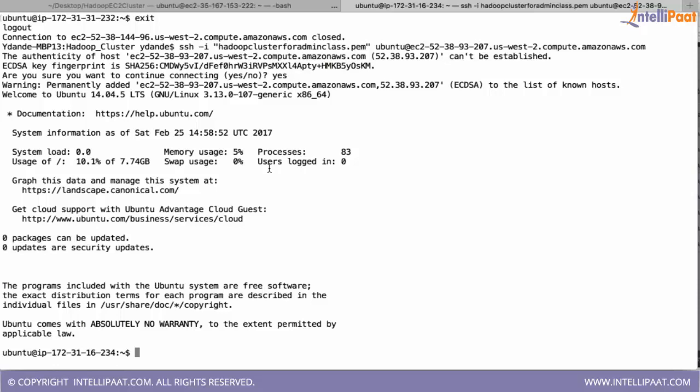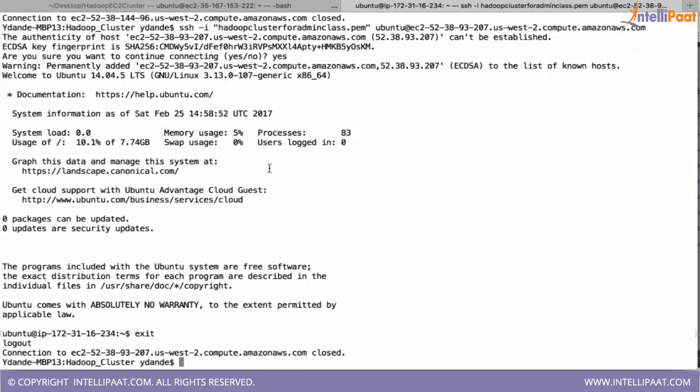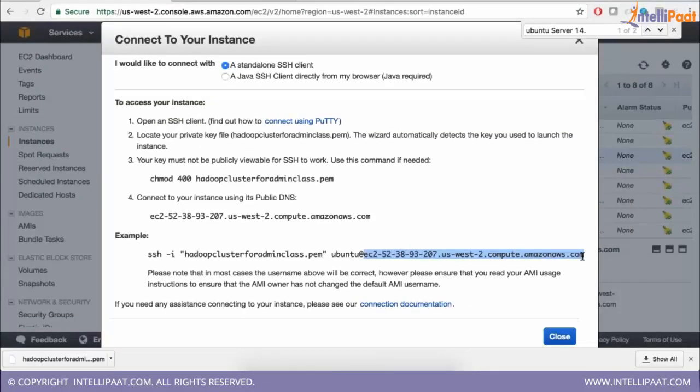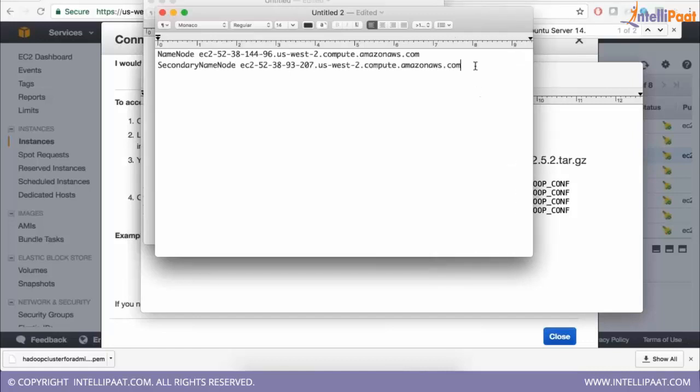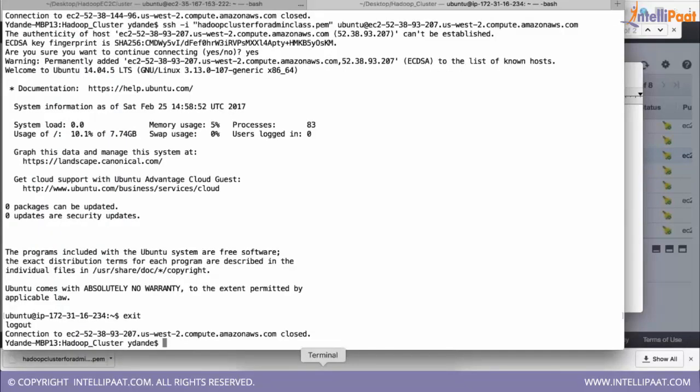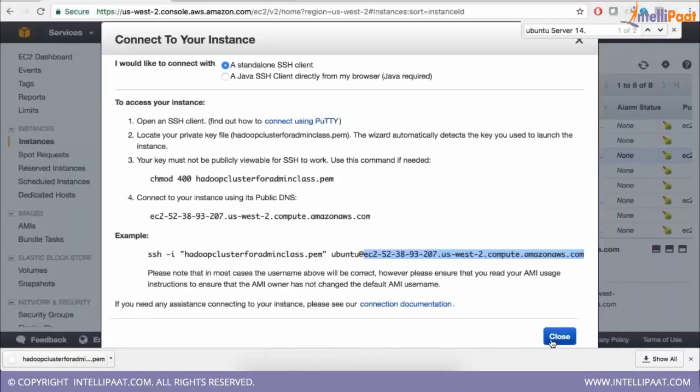I'm able to access the secondary name node also. I'll say exit, and I'll save this host name. This is my secondary name node. Right now these are not name nodes or secondary name nodes; I'm going to install all these and use them as name node and secondary name node.